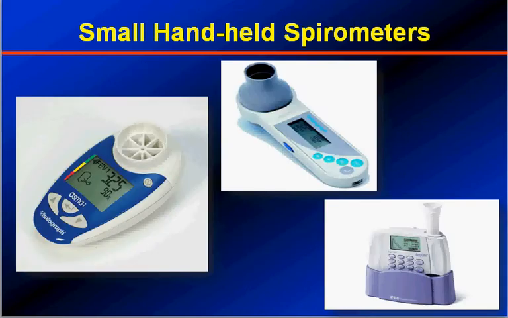In the previous slide, we have seen computer based pulmonary function testing. Today, small handheld spirometers are available. These are something like your glucose monitors, wherein the patient can blow into the small handheld gadget, and you directly get the reading of FEV1 and the FEV1 by FVC ratio. Based on that, we can make a diagnosis. These are very convenient gadgets for outpatient use.